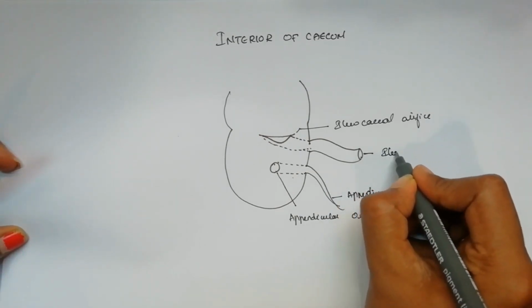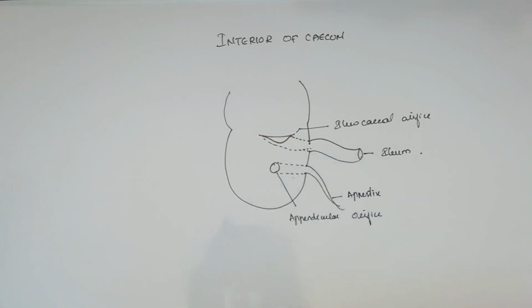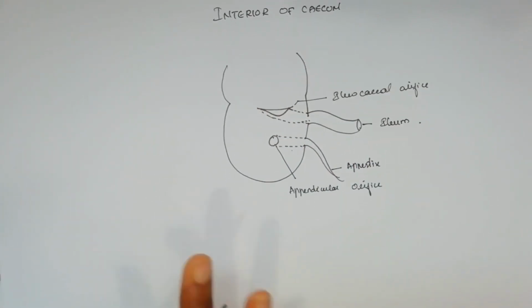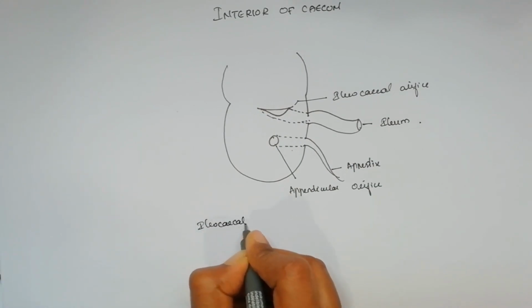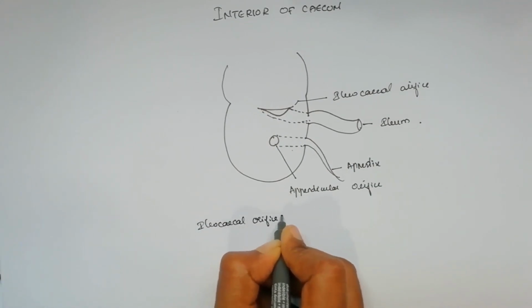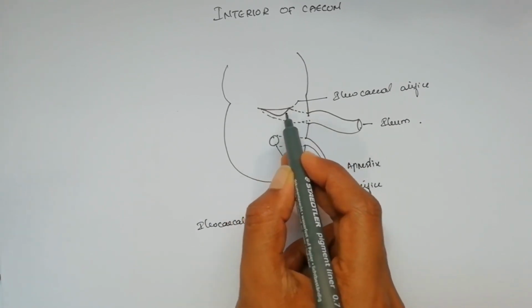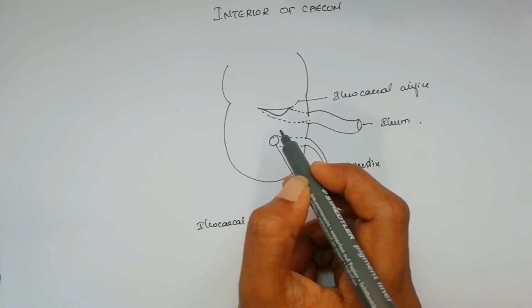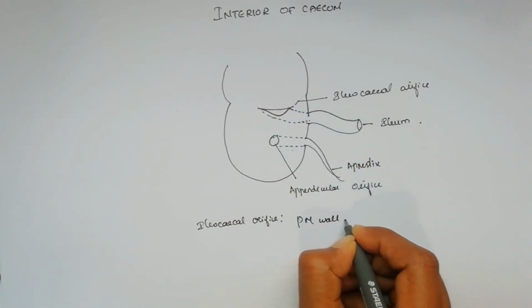This is ileum. Now we are going to see details of these two orifices, and these two orifices are actually guarded by a valve. So we are talking first about ileocecal orifice. To talk about ileocecal orifice, it is seen in the posteromedial wall of the cecum. So we are taking the interior of cecum, in the posteromedial wall, we have got this